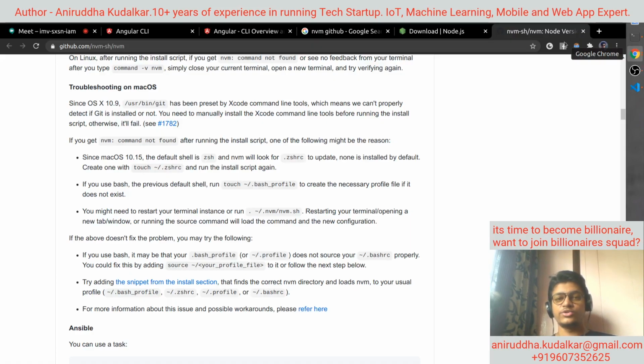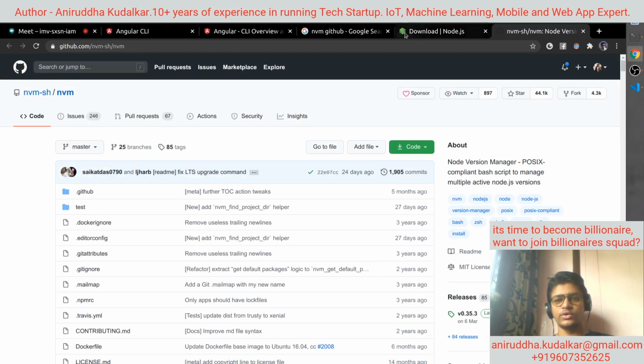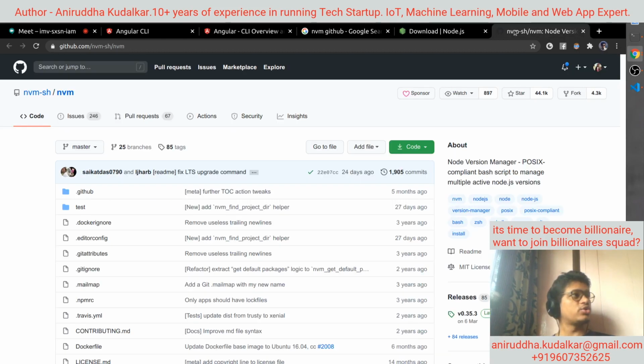Remember that if you are using Windows or Macintosh, you can straight away download node, but on Windows and Macintosh also you can install nvm. So what is the use of nvm? If you want to install multiple versions of node on a single system, at that time you can use what? nvm.